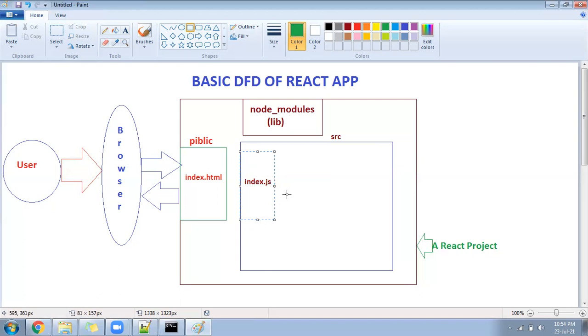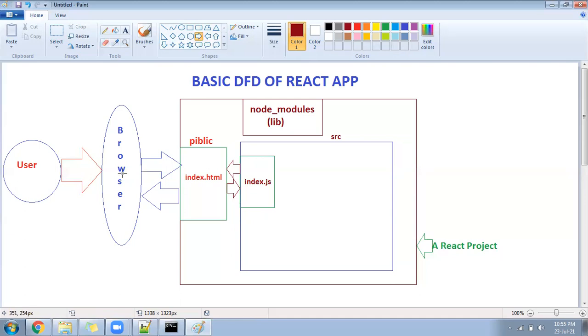Now this index.js file will send the data to index.html. It may be in terms of sending the data or in terms of receiving the data. It can be any scenario. I will create two arrow marks here so it will guide you properly.